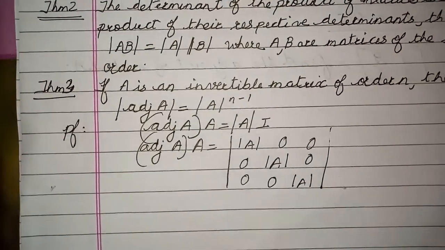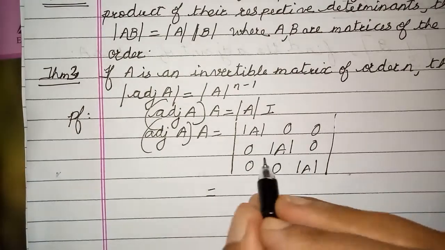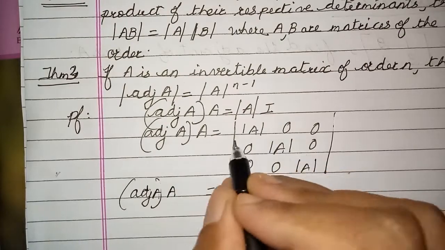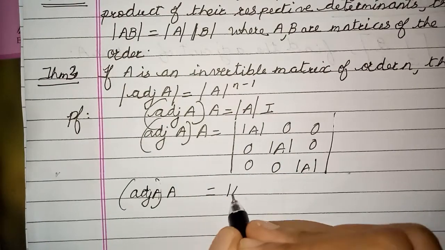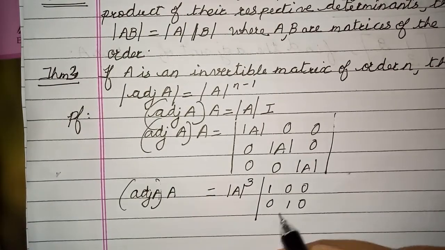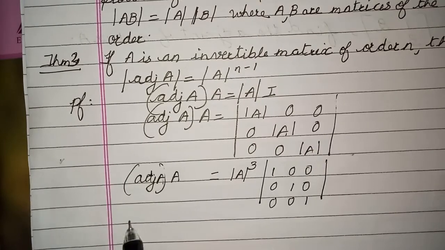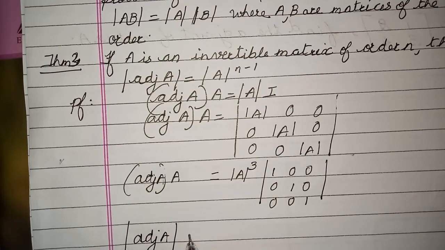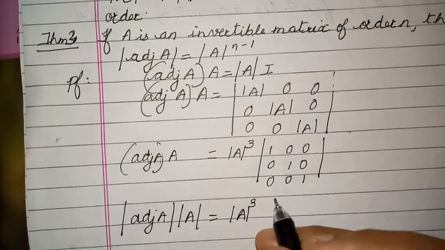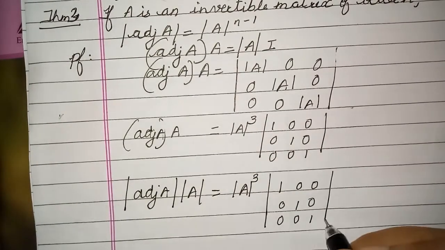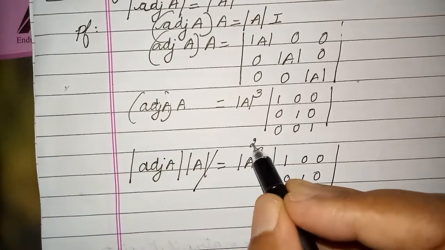Okay. Yes. Now you know that by a property of determinants, determinant of A can be taken common from each row or each column, whichever way. So it will be determinant of A cube times the matrix 1 0 0, 0 1 0, 0 0 1. Yes, now apply the determinant on both sides. So this is adjoint of A, then I have here determinant of A. On this side there is no change because it's already in determinant form, 1 0 0, 0 1 0, 0 0 1. Yeah. Now one determinant and one will get cancelled, so this will be a square.